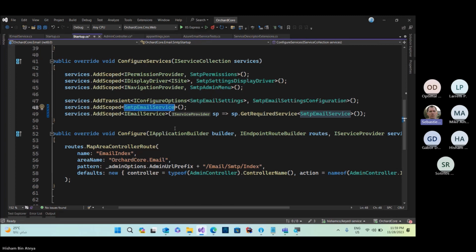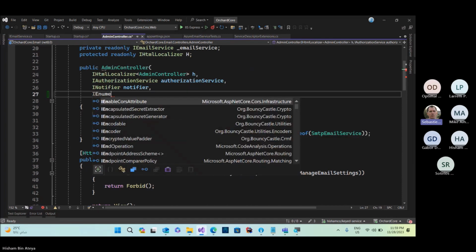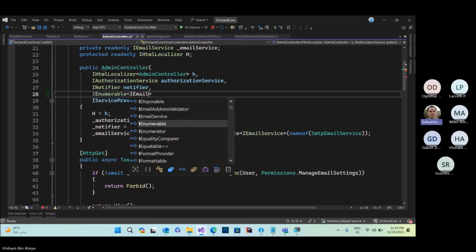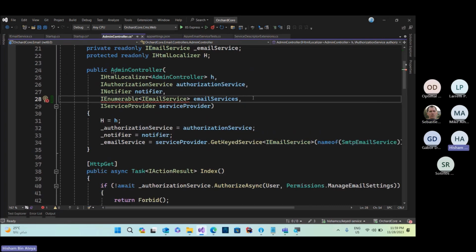So we might want a workflow task to not be hard-coded; we might want to be able to configure which one to use in which context. And then the context will say, I don't want the email service. I want the email service keyed with workflow, because I want to be able to select which implementation of the email service, from all the available ones, will be used for the workflow or the workflow activity. So that's the idea.